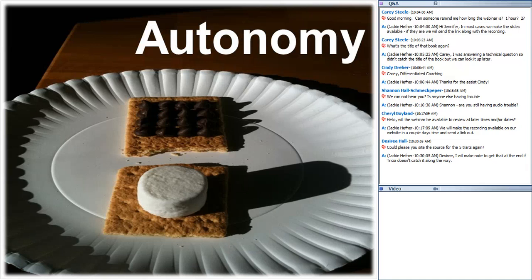But a few years ago, my stepson, when he was still living at home, he's grown and out of the house now, went on this little fetish where he just wanted s'mores all the time. He wanted to put the marshmallow in the microwave and blow it all up and make it all hot, put it together. And I wanted to be a good parent and yet also wanted to allow him to have some autonomy and freedom.